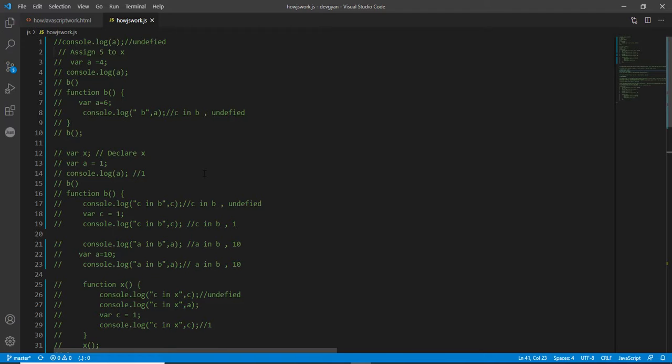So what is happening before executing code? There will be two phases. The first phase is the creation phase. In the creation phase, you can say compilation or parsing. JS will be parsed. It means the entire code will be parsed, and during the parsing it will try to identify variables and functions.